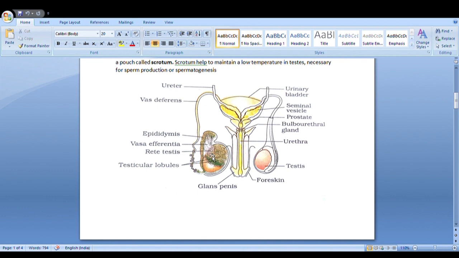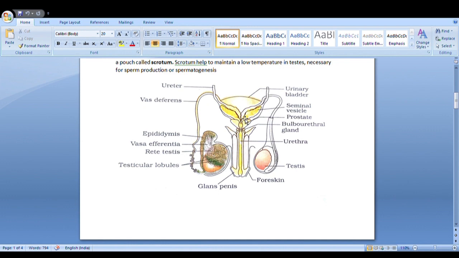Leading from the rete testis, numerous tubules are there. They are the vasa efferentia that unite together at the posterior portion of the testis to form the epididymis. From the epididymis leads the tube vas deferens. Vas deferens from either side